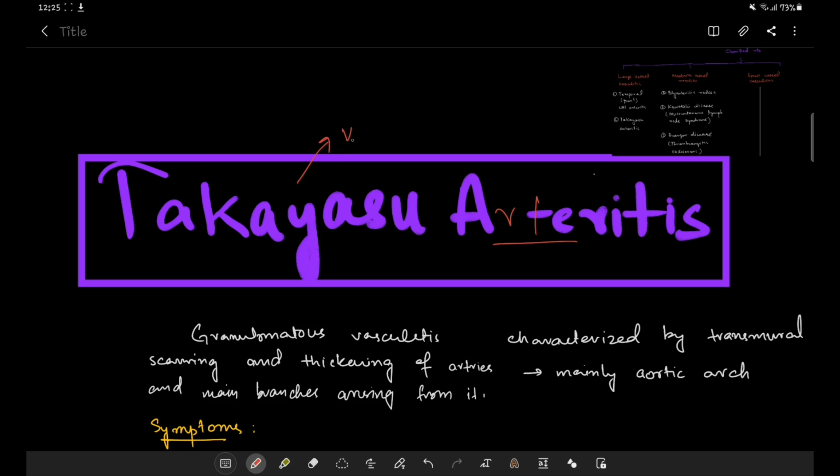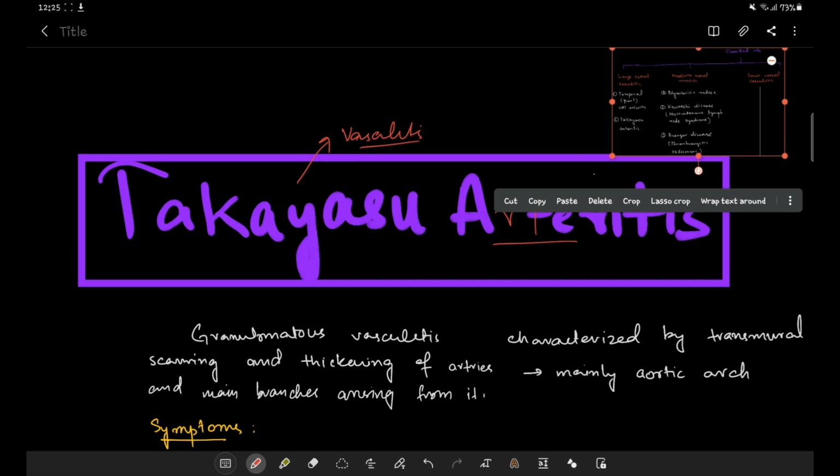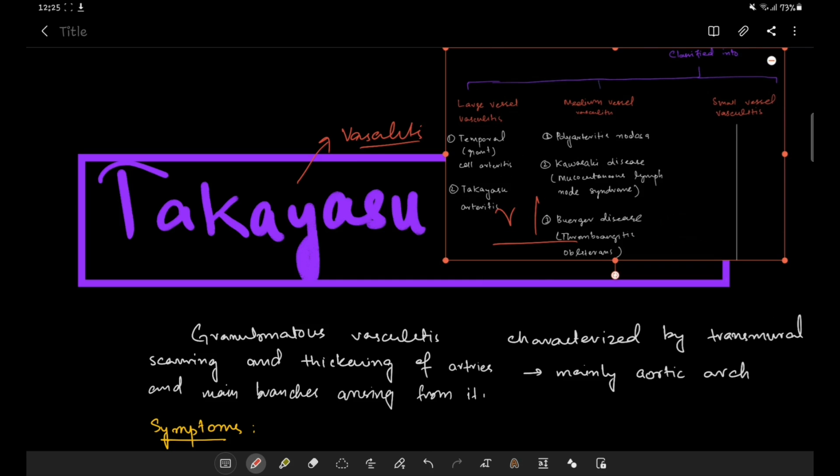Takayasu arteritis, it is a vasculitis. And what is vasculitis? It is an inflammation of the blood vessels. Inflammation of the blood vessels, तो ये इसकी एक टाइप है। अब इस क्लासिफिकेशन में देखते हैं कि कौन से